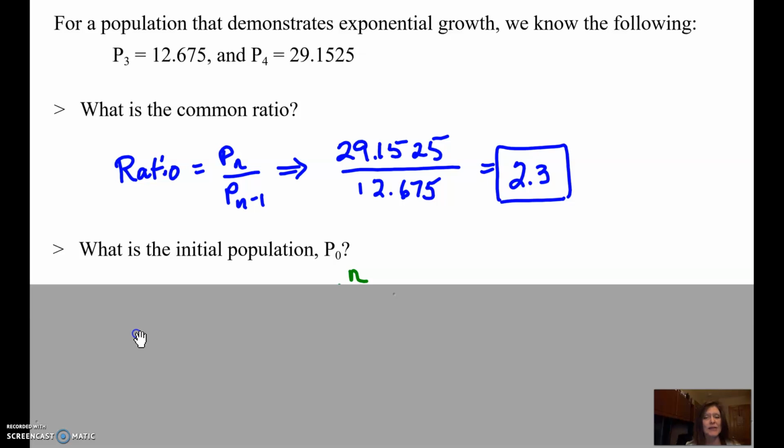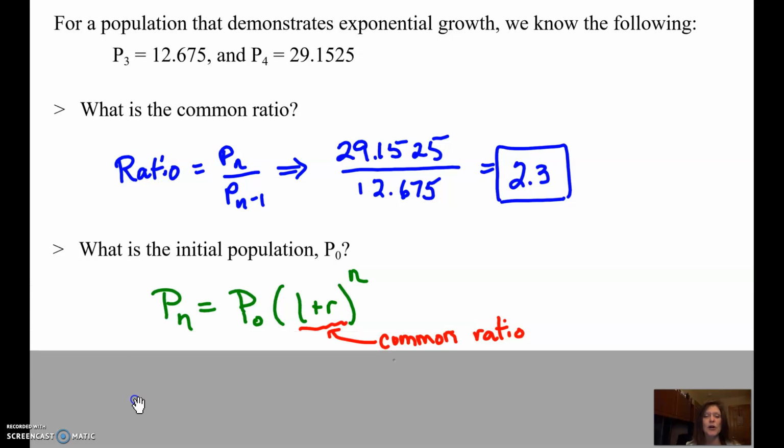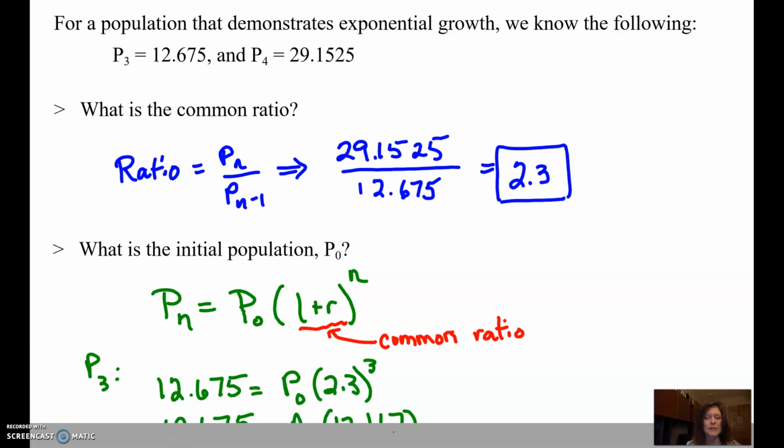So how do I find the initial population? I recall my basic formula that says P sub n is equal to P sub 0, the initial population, times that 1 plus r raised to the n, and that 1 plus r altogether is the common ratio, or the growth multiplier we've also called it. So we know what that parenthetical statement is, and we know for P sub 3, the answer, P sub n, should be